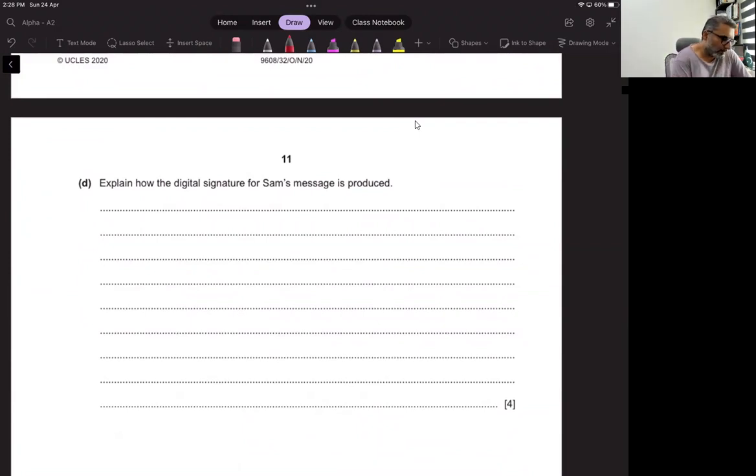Okay, explain how the digital signature for Sam's message is produced. Okay. What do we call it? Plain text, which is a message, is submitted to